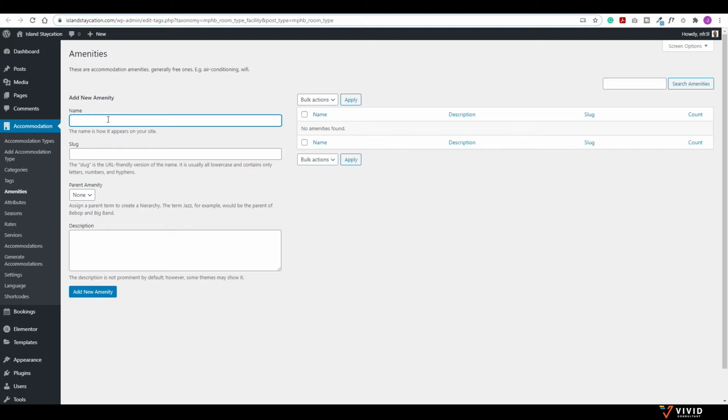So let's say you offer free Wi-Fi. Your slug basically is the same description without any space, and if you have a description, you could indicate in that skill, but I'll leave it out. And we can go ahead and add a few more amenities. So I'll say air condition